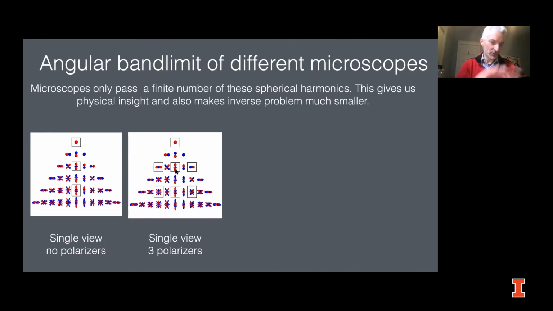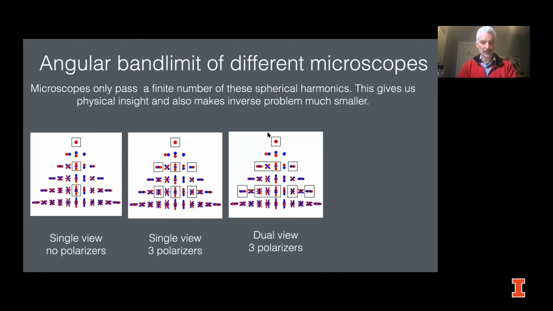And that would be undesirable. Ideally, we would like to fill in a complete band of M values for one of these L values, okay? So we thought that just the plain old dual view microscope, just looking at something from 90 degrees, would break a lot of the limitations that I described to you earlier. It turns out that it helps, it fills in one of these gaps. We pick up this guy,